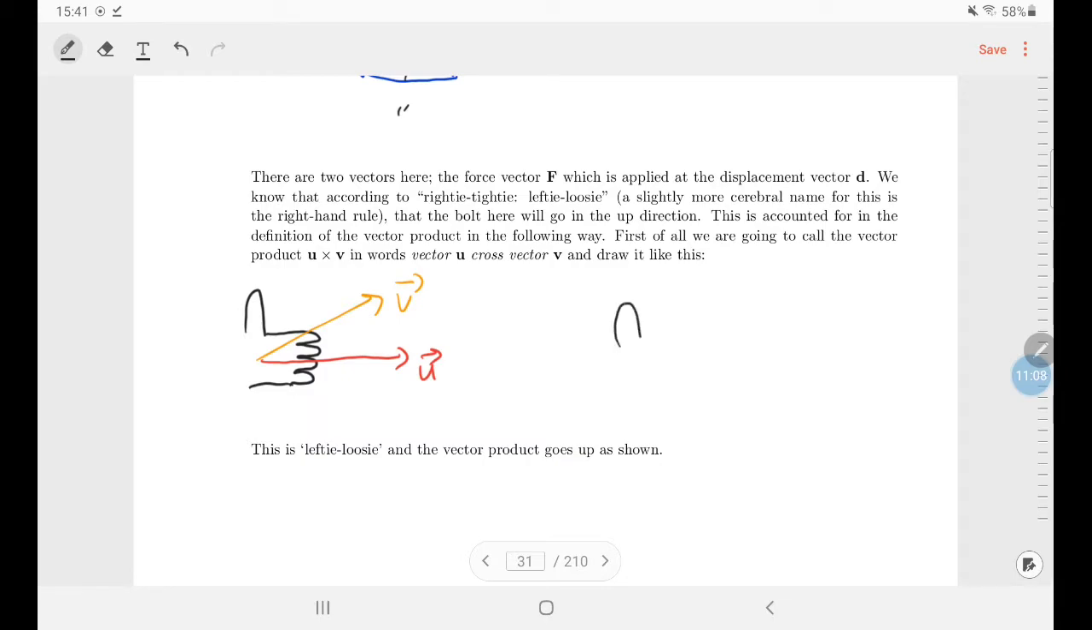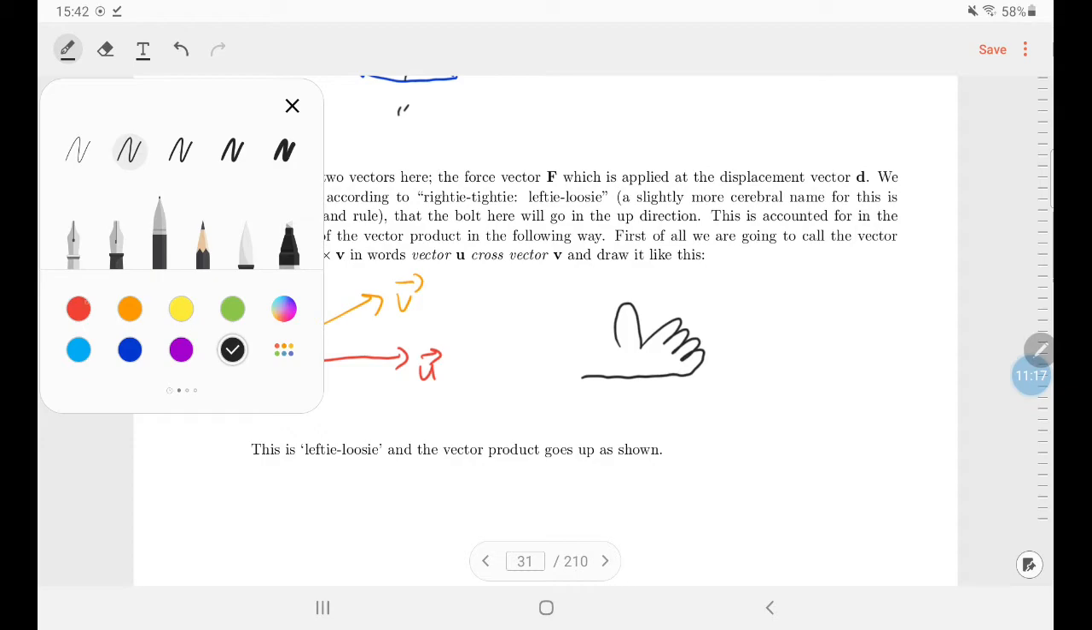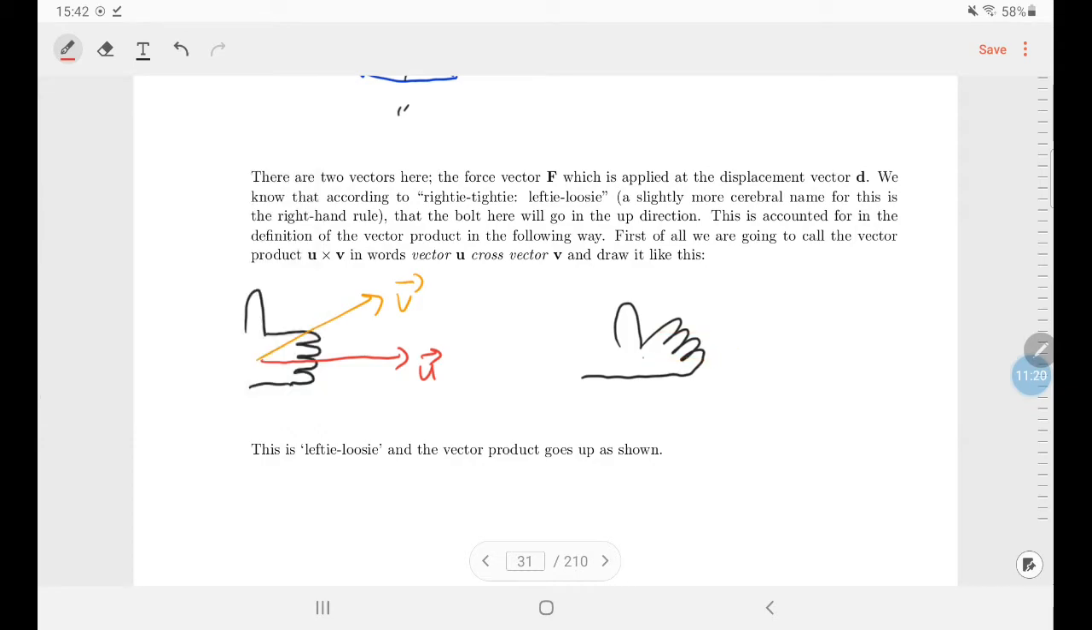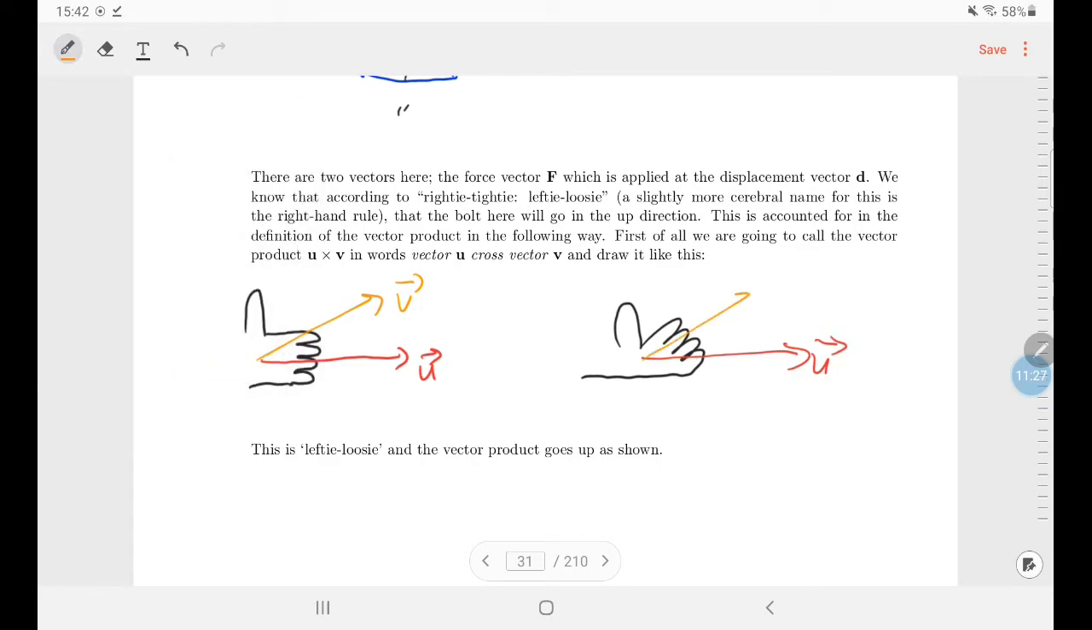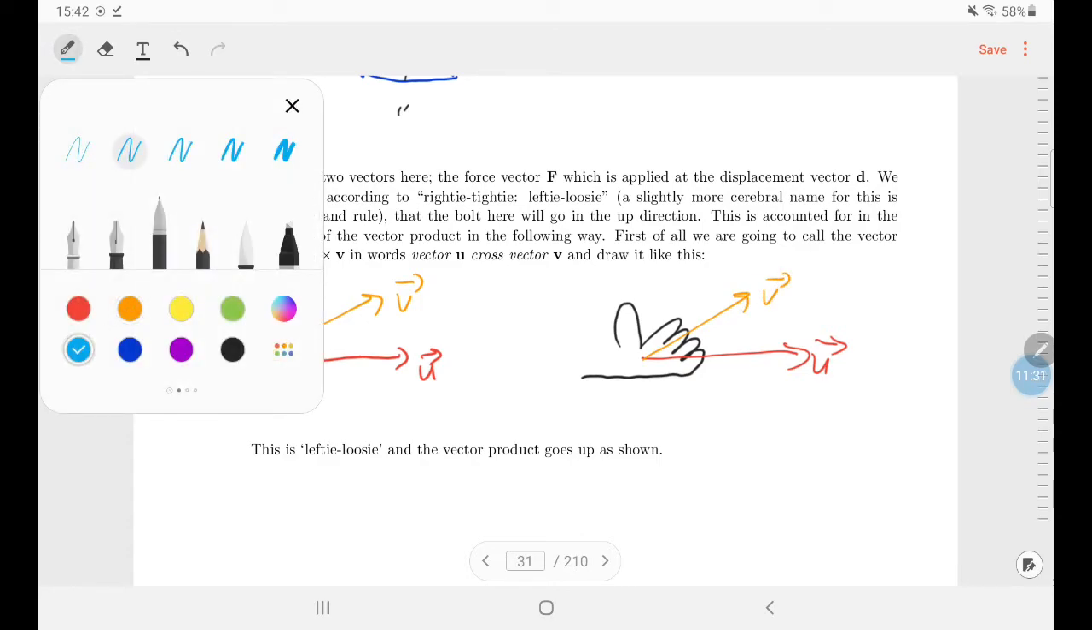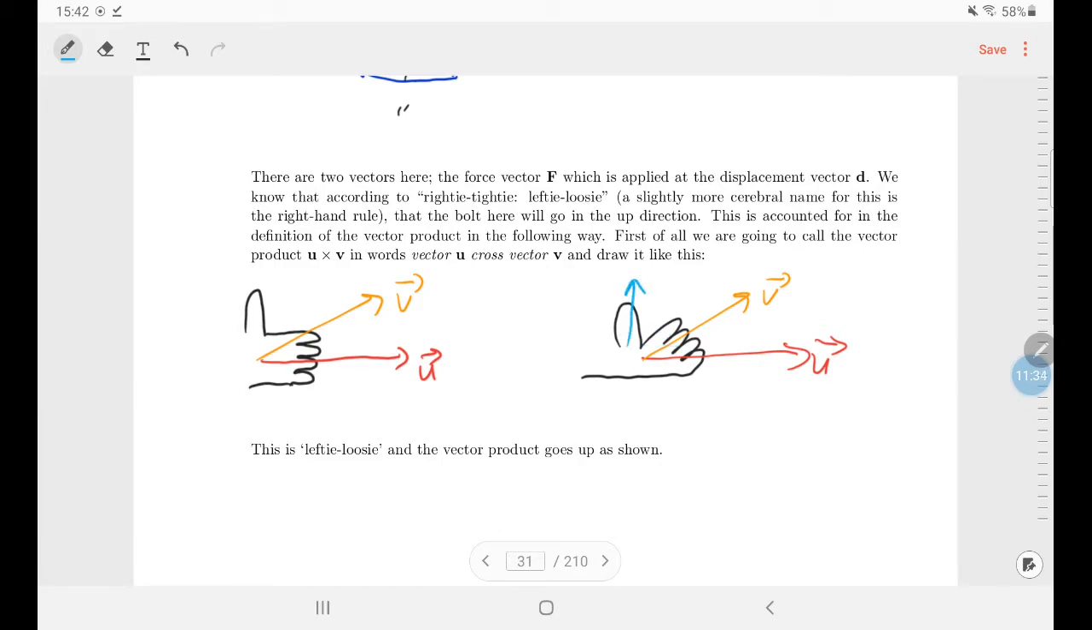So here we go. You kind of close your hand there. So U is going like that, and now your fingers are pointing in the direction of V. In that context, the direction of U cross V will be the same as your thumb. Now, if you swap U and V,